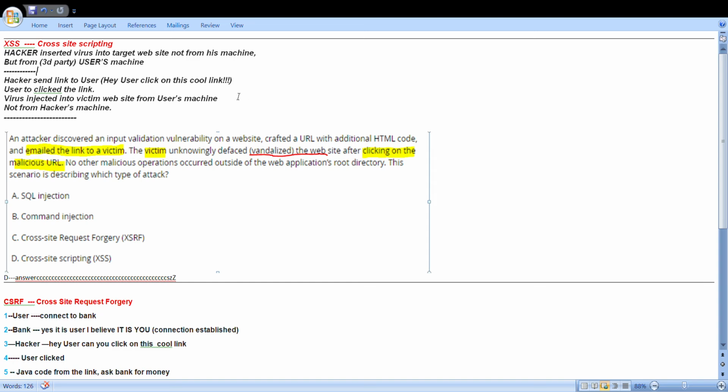How does it happen practically? A hacker sends a link to a user saying, hey user, click on this cool link. The user clicks the link. A virus is injected into the victim website, not from the hacker's machine, but from the user machine. This is the idea of XSS, cross-site scripting. Now let's see the real Security Plus